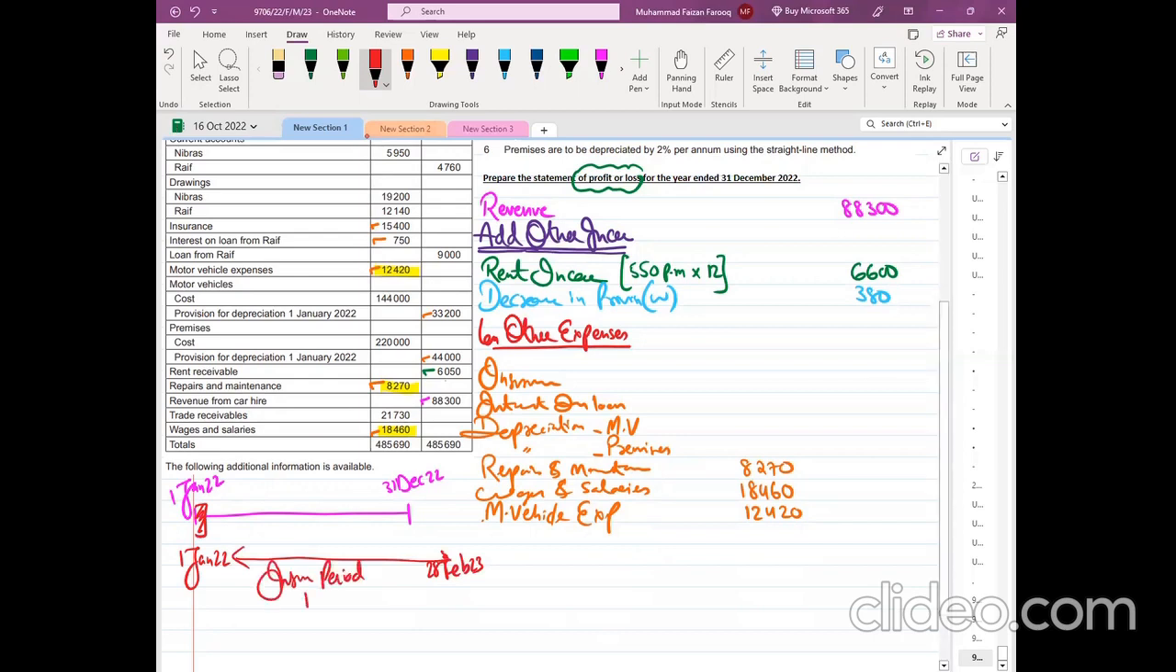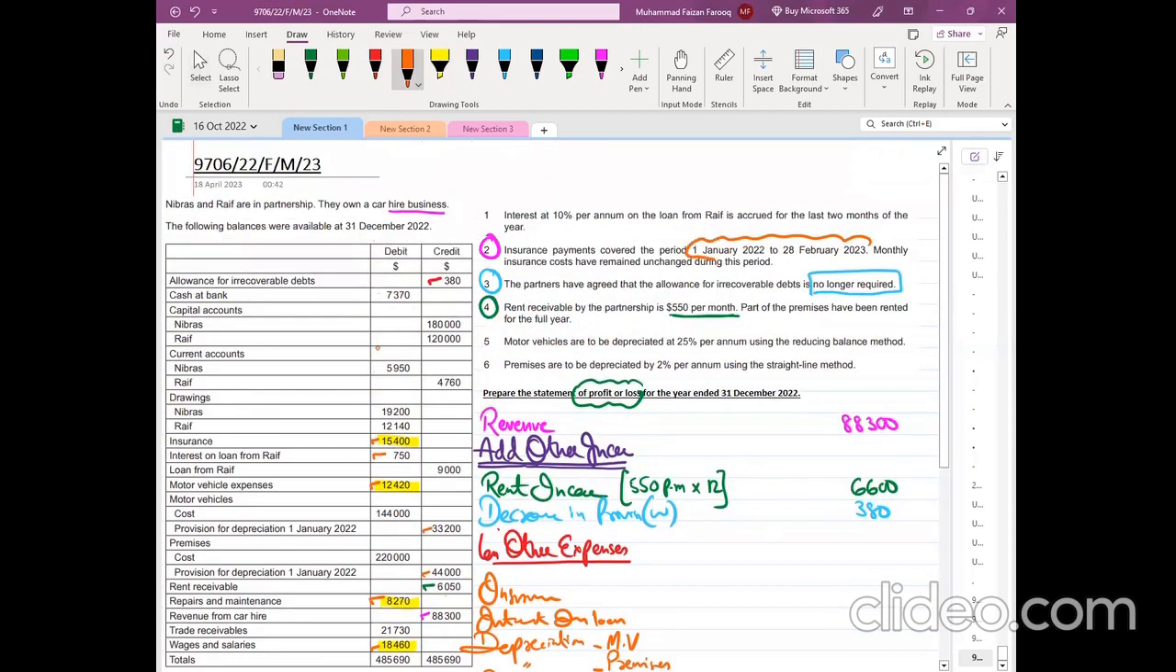Insurance period is for how many months? 14 months. How much insurance expense can you see in this particular question? Is it 15,400? Means I can say that 15,400 insurance expense is for 14 months, because they already stated here that the insurance is for this period, and